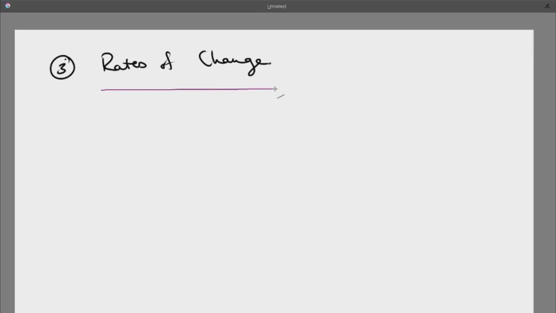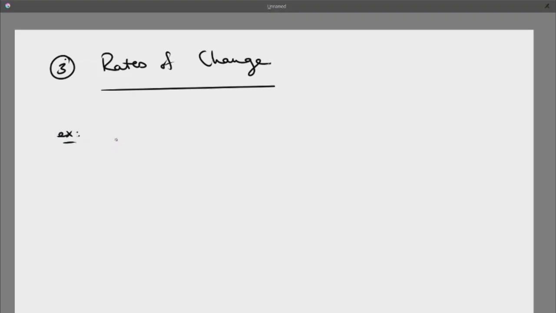I will call it Chapter 3, Rates of Change. So this is really the slow crossover to calculus. When people started looking at how objects are moving, for example,